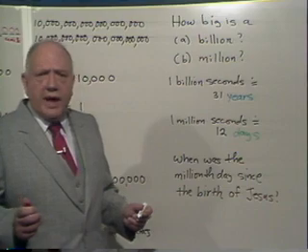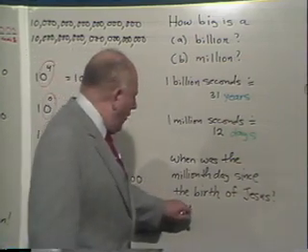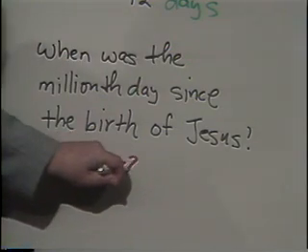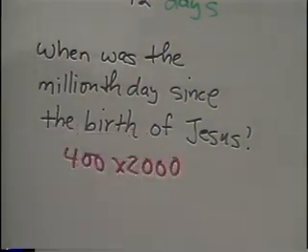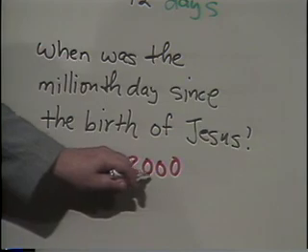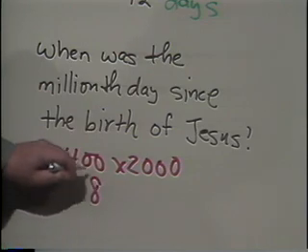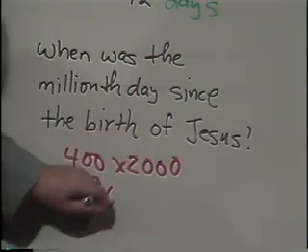Look, let me give you a quick estimate. Suppose there were 400 days in a year instead of 365. And suppose this was the year 2000 instead of the year 1985. I'm going to go into Module 3 now, so for those of you who want to stay in suspense, cover your eyes and your ears while I finish this. Remember the way to multiply this? We discussed this in Module 3. 4 times 2 is 8. There are 1, 2, 3, 4, 5 zeros.